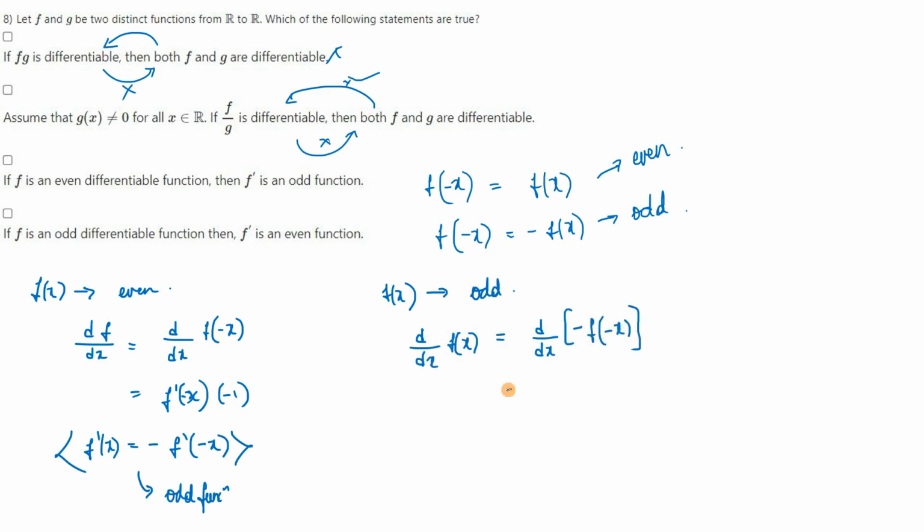So we'll have minus as it is, f of minus x differentiation is f dash of minus x, and differentiation of minus x is minus 1, so minus and minus will cancel. So what's remaining here is f dash of minus x. Here differentiation of f of x is f dash of x, so this is nothing but an even function. So both these options are